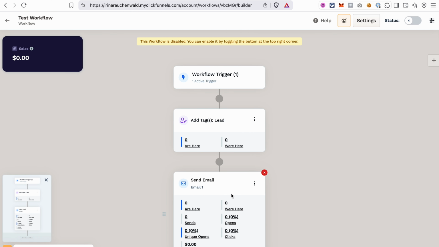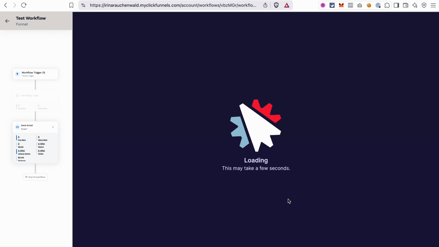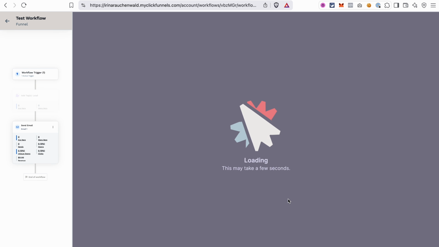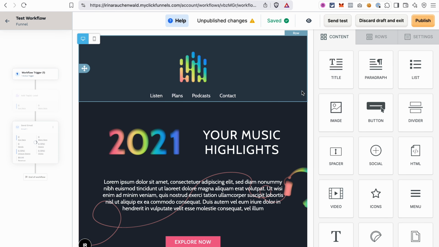Now we have the email step added to the workflow, but we still need to edit our email. To do that, click the icon with 3 dots, then select Edit Email. It will open the email editor for us. The email editor in ClickFunnels works similar to the page editor. We have the area where we create our email and the area where we can change the settings and select